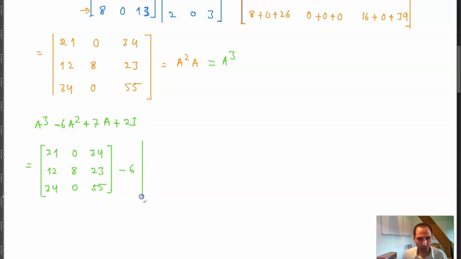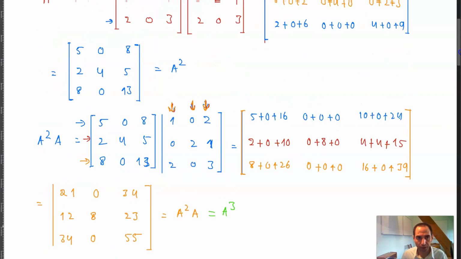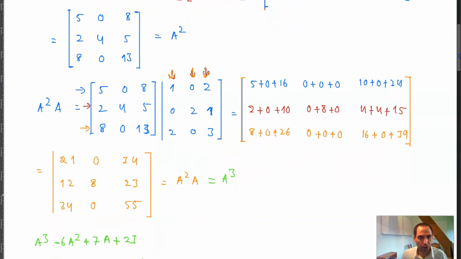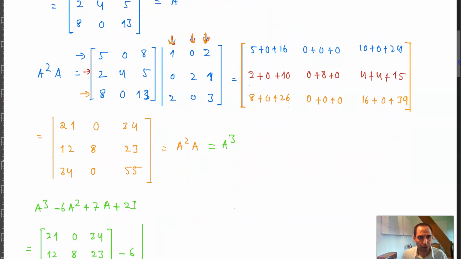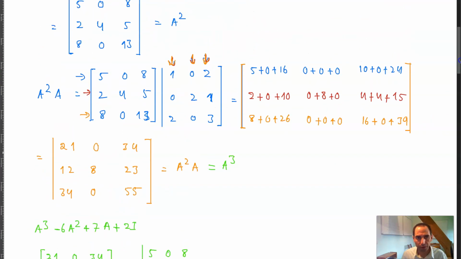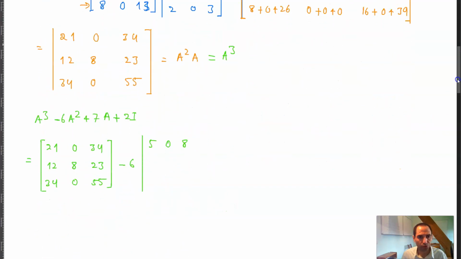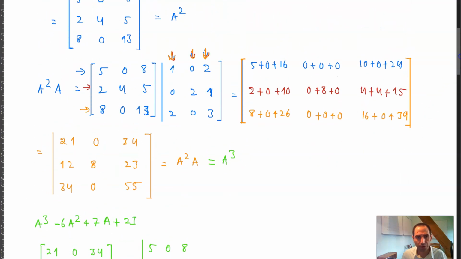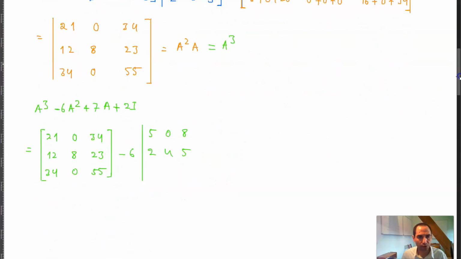and negative 6 times A squared. A squared is 5, 0, 8, 0, 5, 2, 8, 0, 13, this is 4,